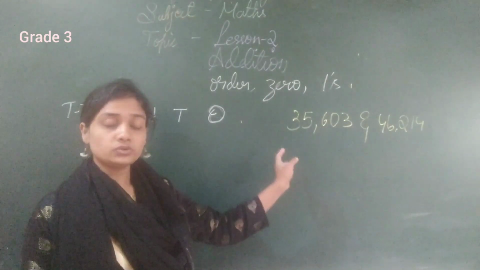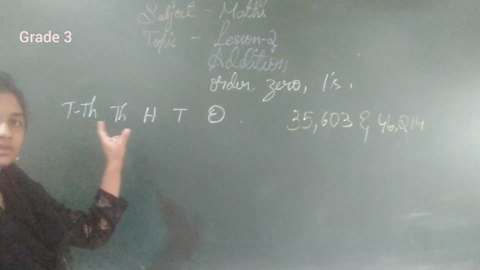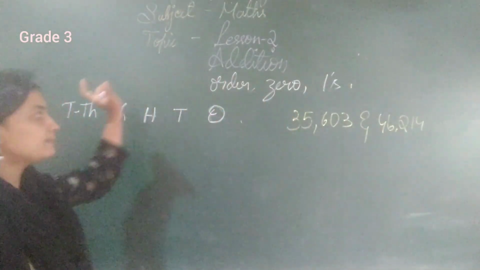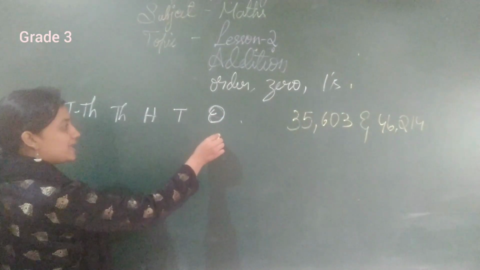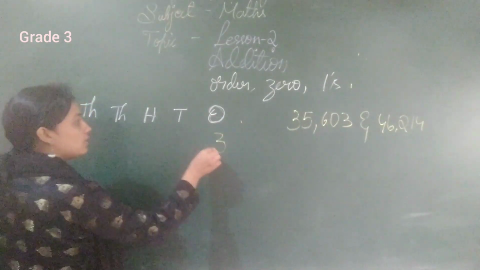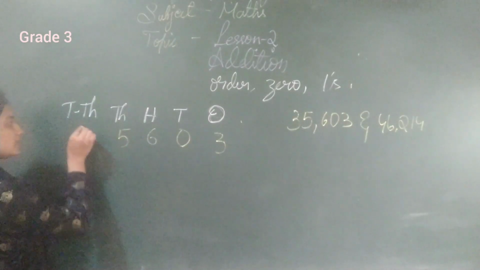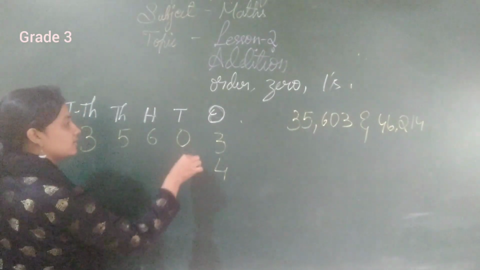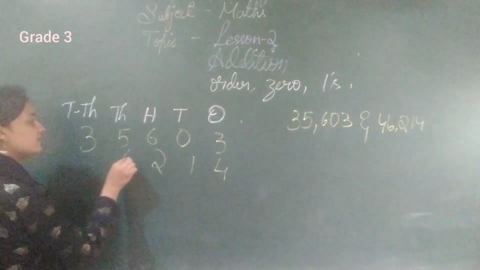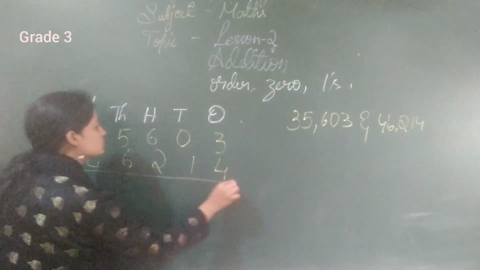So before adding, what should I do? I have to place them in their proper places. So let's take the numbers and place them in the places. Always start writing from one place, children, because if you have any number which is smaller, you can identify it easily. I'll show you that again, but always try to write in this order only. So let's add these two numbers.